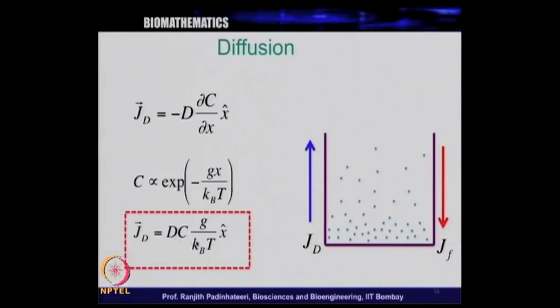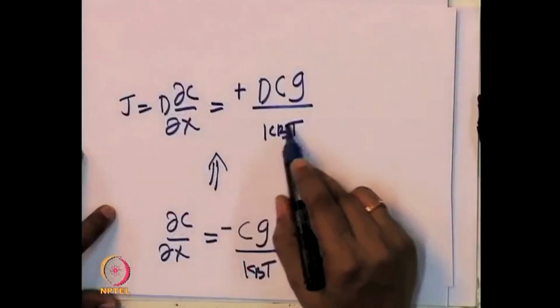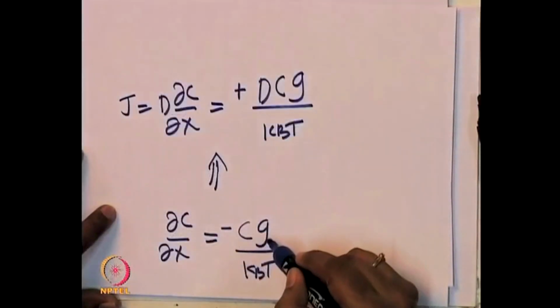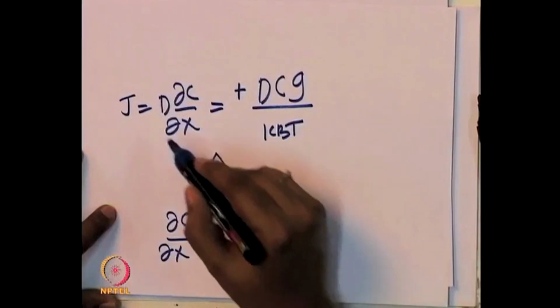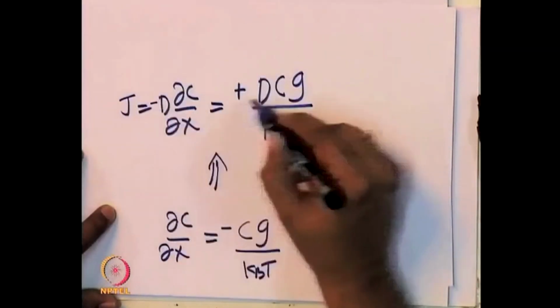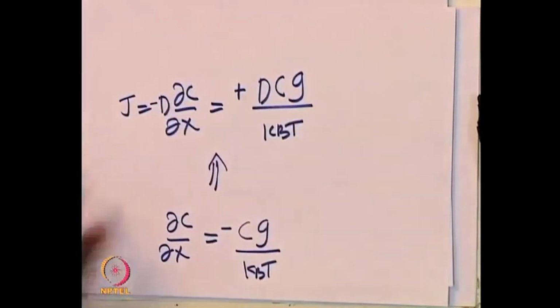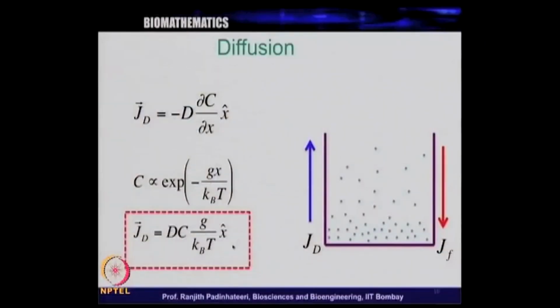There is a plus sign here. I made a mistake, and there is a typo in this. If you just substitute this, there is a minus sign here. By taking this minus sign into account, we will get a plus sign here. So, essentially you get what is shown in this rectangle here, what is marked here, the current